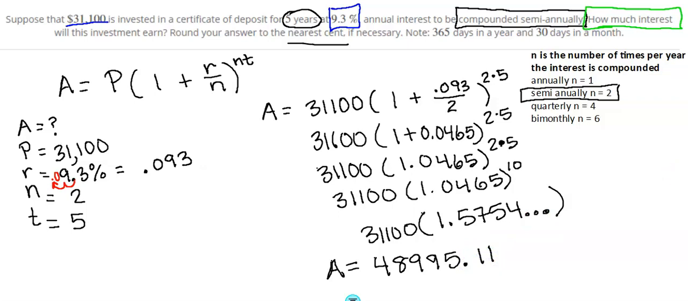Okay, so we have found the total amount of this investment after 5 years. Again, we were not asked for the total amount. We were asked for the interest. So enter a new formula. Interest is equal to the total amount minus the amount you put in the first place. So the amount minus the principal. So my interest equals that